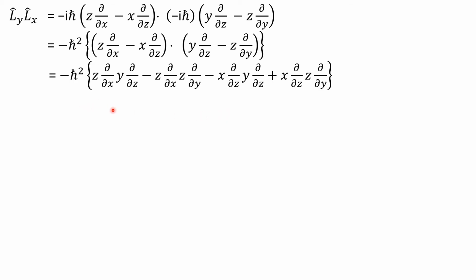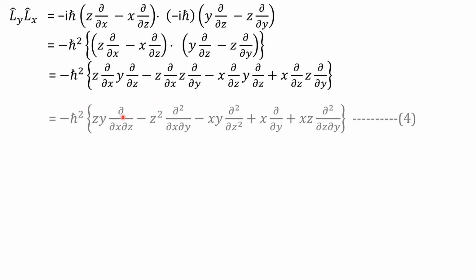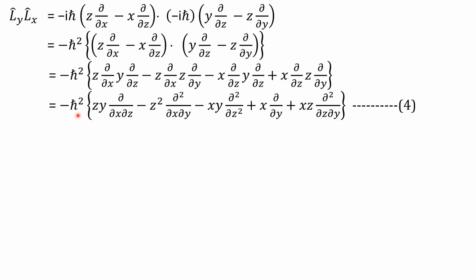Now for the actual differentiation, if we simplify, we write directly the term minus h cross square into the bracket. Now the differentiation of the first term y ∂/∂x, we differentiate and we get this, y taken as constant. For the second term only we write, since the differentiation of the second term is ∂²/∂x∂z. Here the differentiation of y with respect to x is 0, hence only we get the first term. Similarly, the second term z into z² into ∂²/∂x∂y.